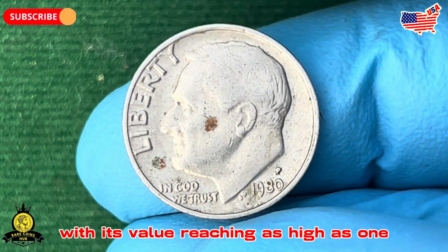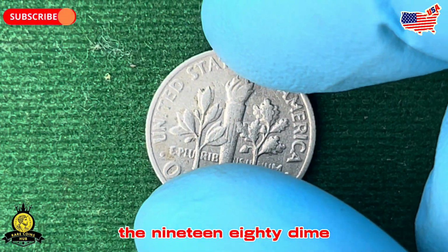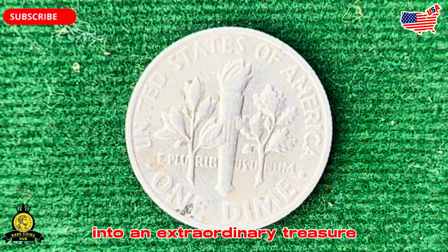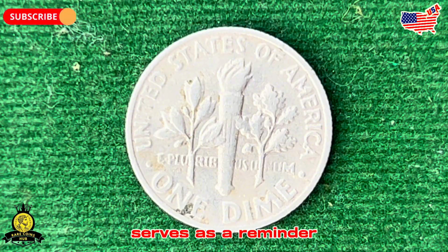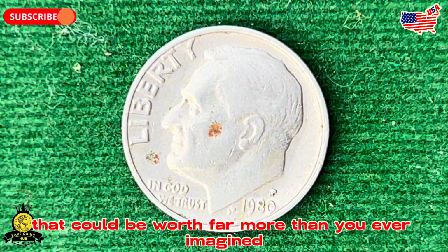With its value reaching as high as $125,000 for the rarest and finest examples, the 1980 dime is a shining example of how the world of coin collecting can transform a seemingly ordinary coin into an extraordinary treasure. The story of this dime serves as a reminder to always look closely at your change. You never know when you might be holding a piece of history that could be worth far more than you